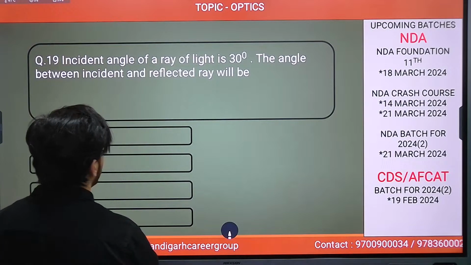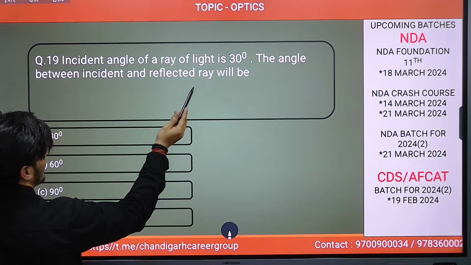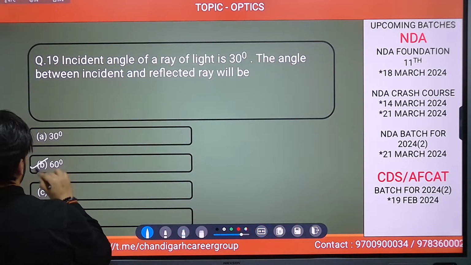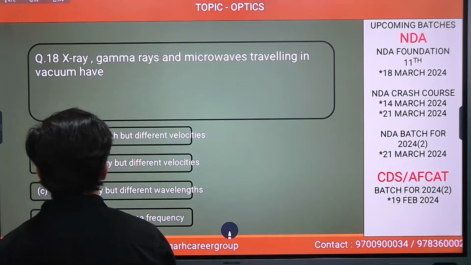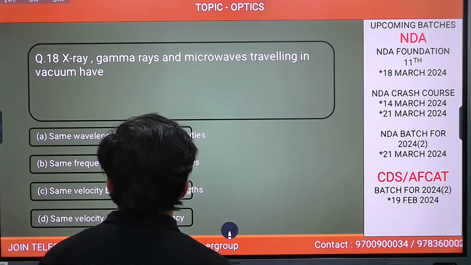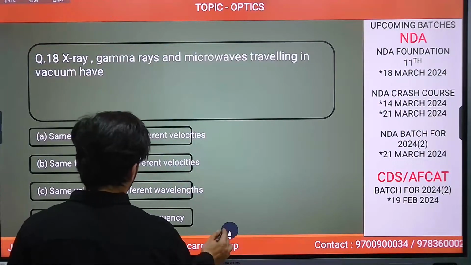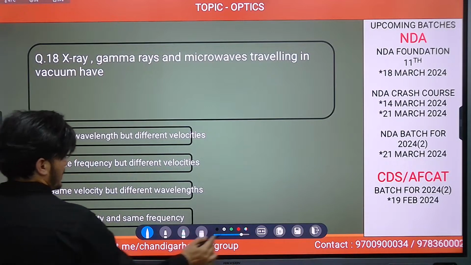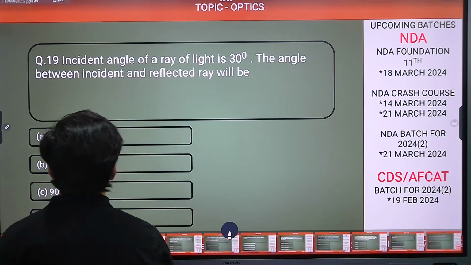That comes out to be 90 होता है. तो अब incident angle of a ray of light is 30 degree है, तो कितना हो जाएगा वो 60 हो जाएगा. 90 minus 30, 60. वैक्यूम में है ना, ये थोड़ा गड़बड़ हो गया. वेवलेंथ तो अलग होगी, वेलोसिटी सेम होगी क्योंकि वैक्यूम है. वैक्यूम में तो एक जैसे कोई इंपैक्ट ही नहीं. And the last one is